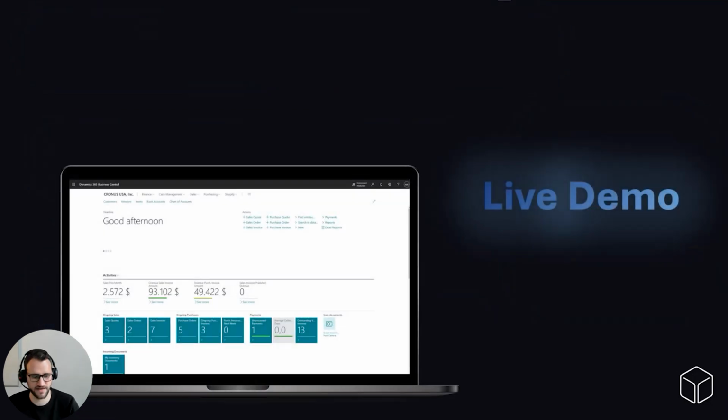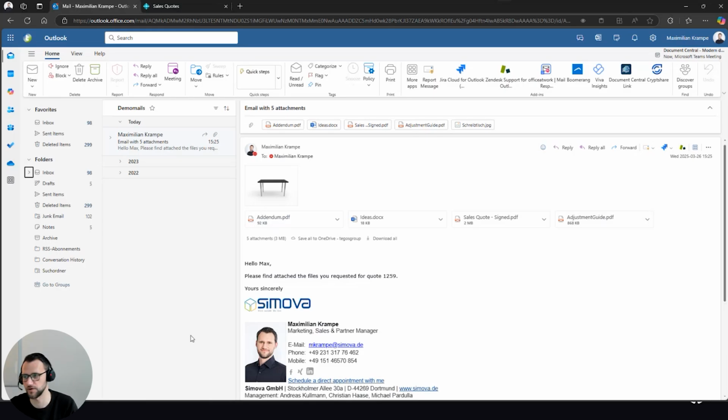But now let's have a look at this live. And for that, I would like to switch to my Outlook client. And here I sent myself an email with a few accompanying documents: a few PDF documents, one Word document, an image file of a desk, and I think you get the gist. In this case, I requested that these documents belong to the quote number